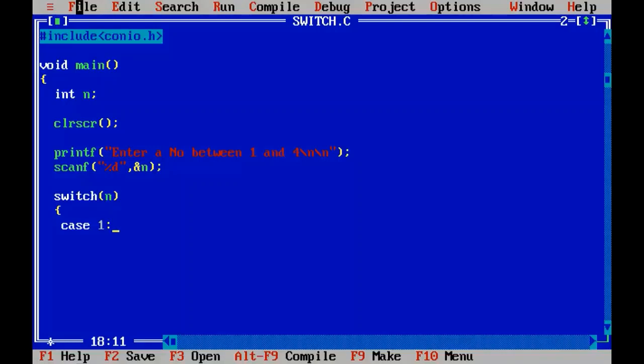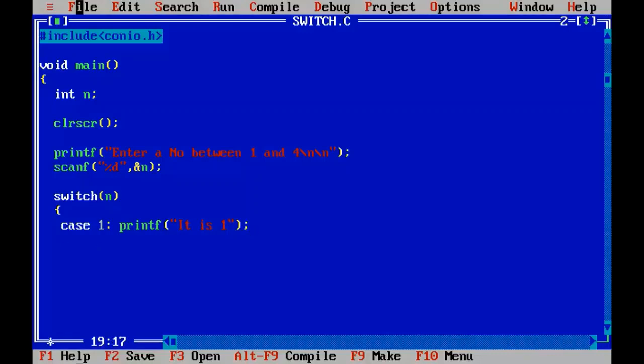If it is true, put a colon and start writing the block of any number of statements which will be executed when the match is found. I'll just enter a single printf statement: it is 1.